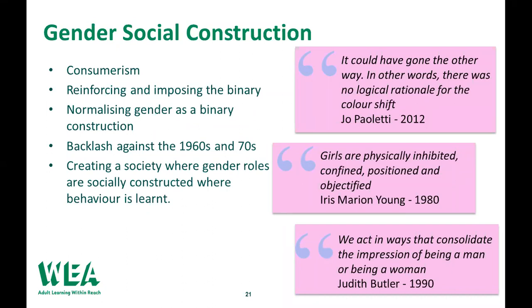But there are other colours, like green, yellow. But yeah, Jo, she's another academic, has written articles and books about it. So there's no logical reason for this to happen, which is why I pose that question to you, to see whether you can think about why you think there might have been a reason for it. And I can see that most of you are saying that there's a lot about consumerism,